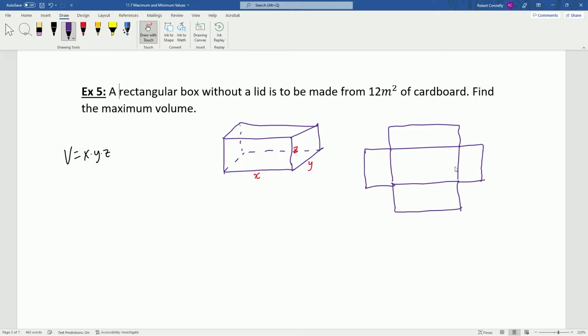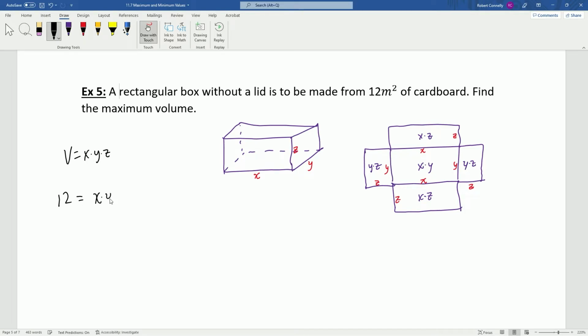All right, so this net diagram is going to give us the area of our cardboard that's used to make our box, right? So we've got x and y coordinates here, y and z on the sides, and then x and z on these sides. So the areas are x times y, y times z, x times z, and x times z. In other words, we know that the total of these 5 areas is equal to